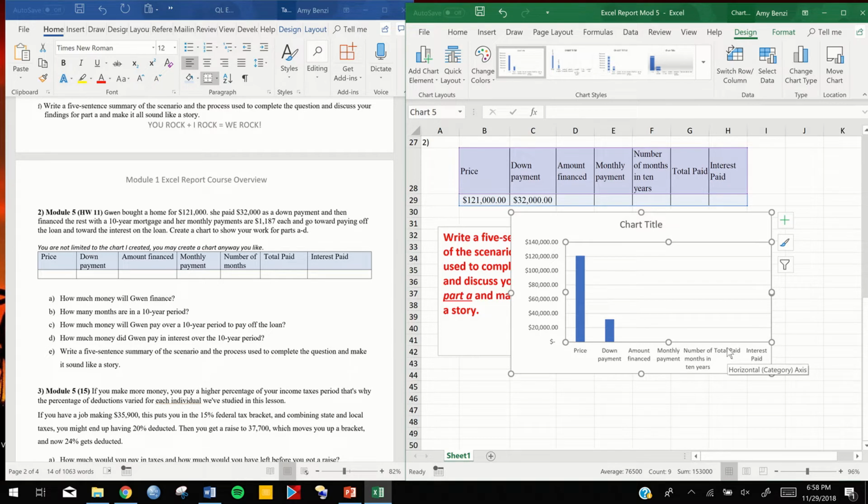The total paid is going to be very interesting, folks, because the total paid is going to end up being an amount, of course, more than the price. Remember that the total amount is going to be the price plus the down payment plus the interest. Okay, so